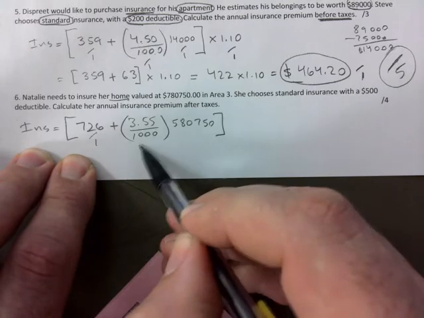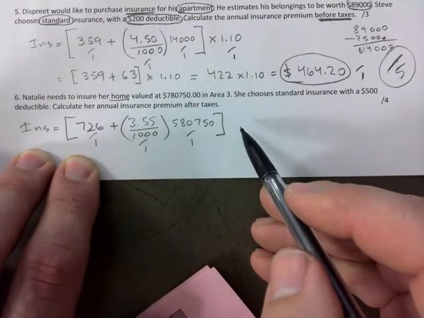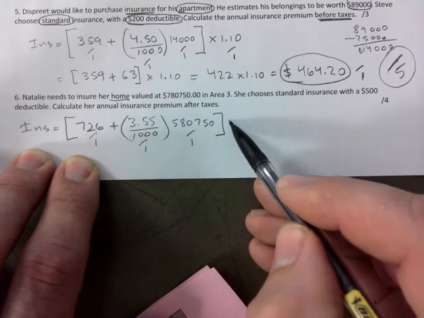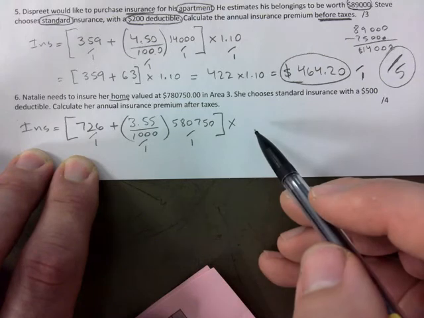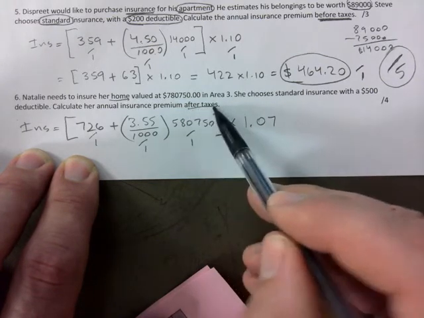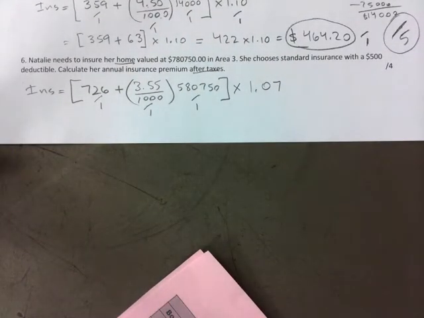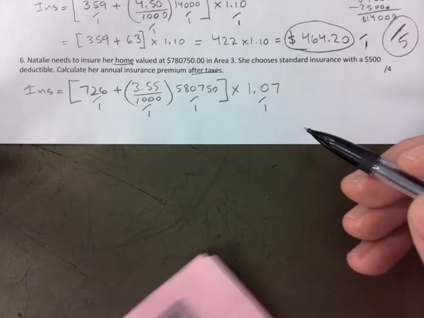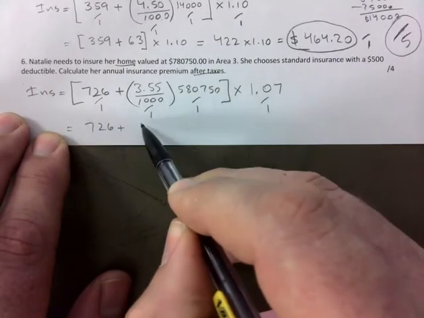Watch this. 1, 1, 1. We want a $500 deductible, so we don't need to multiply by 1.10, right? But we do need to multiply by 1.07 because of the taxes there. It's not 12%, it's 7% tax. So that will give you another mark there. And now I'm going to speed it up a little bit. 726 plus